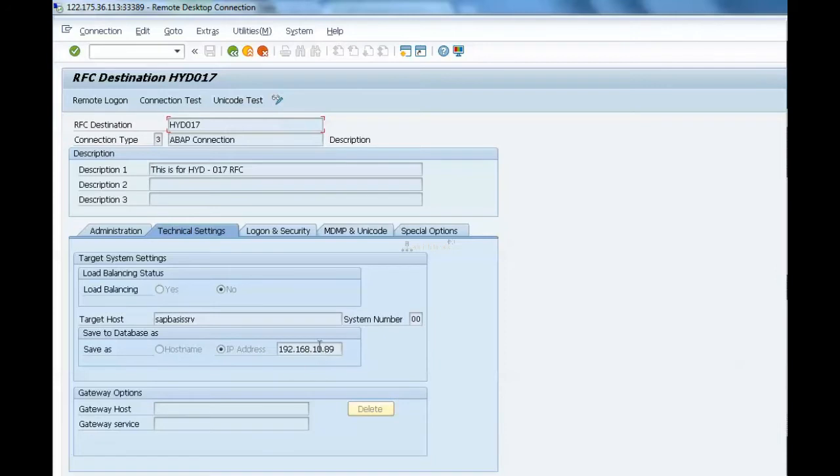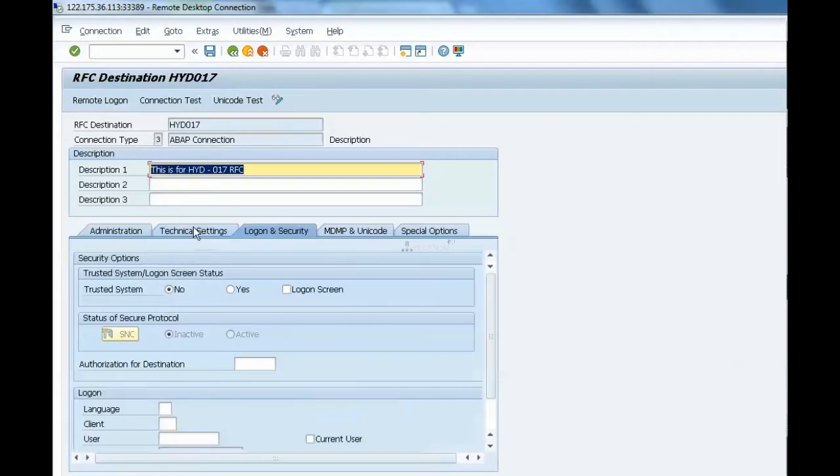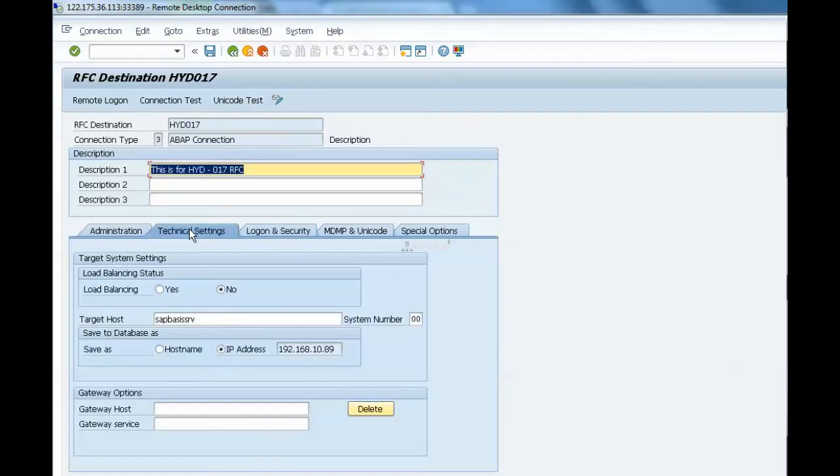Go to change mode. Whenever you provide a hostname here in the target system and click enter, then it will take the IP address.